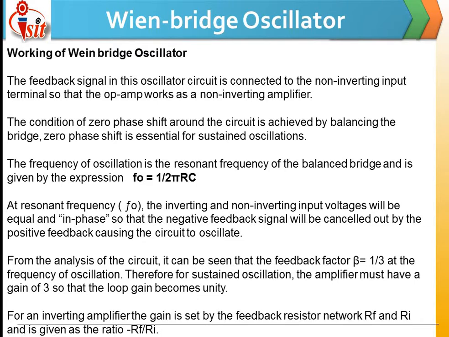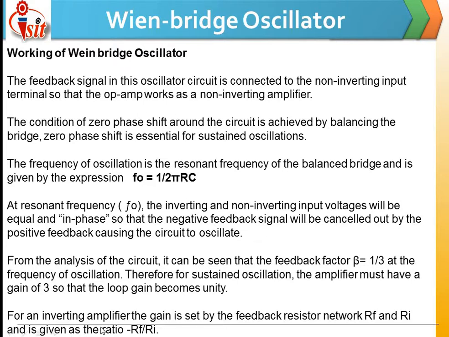We know very well that every oscillator should follow the Barkhausen criterion, and that criterion is beta equal to 1 by 3, and the value introduced by A, that is the gain, is equal to 3. That means the 3 gets cancelled, and the multiplication of the gain factor A multiplied by beta gives the output equal to 1. Like this, all the outputs should be shown over here.